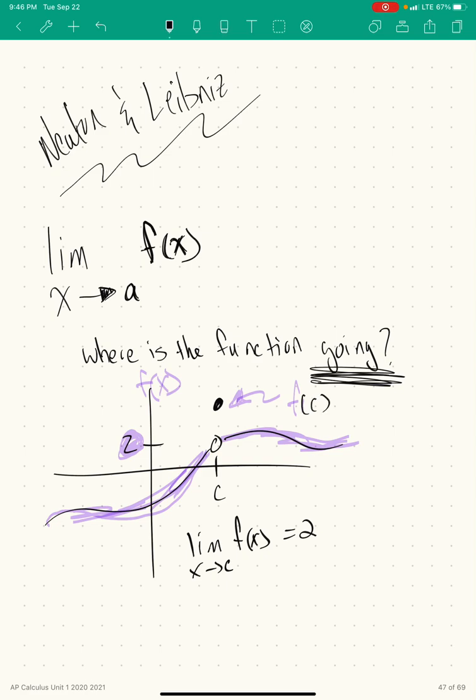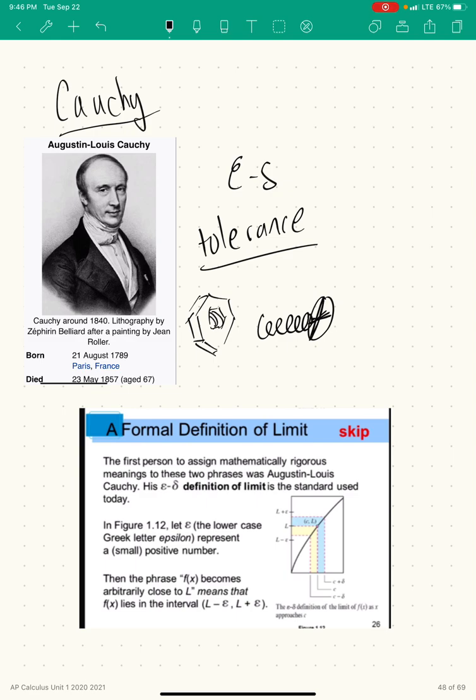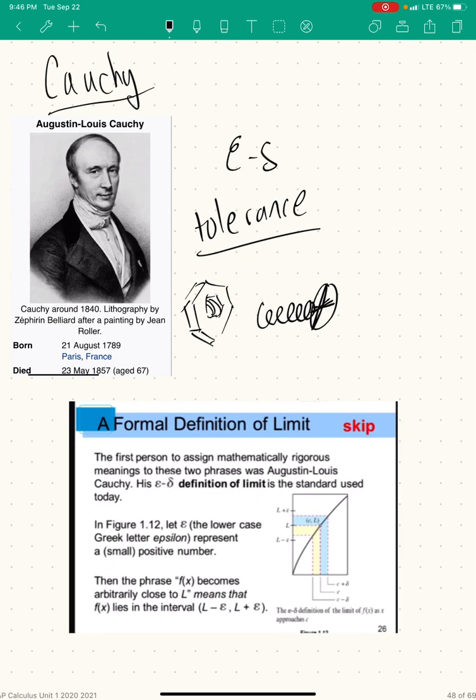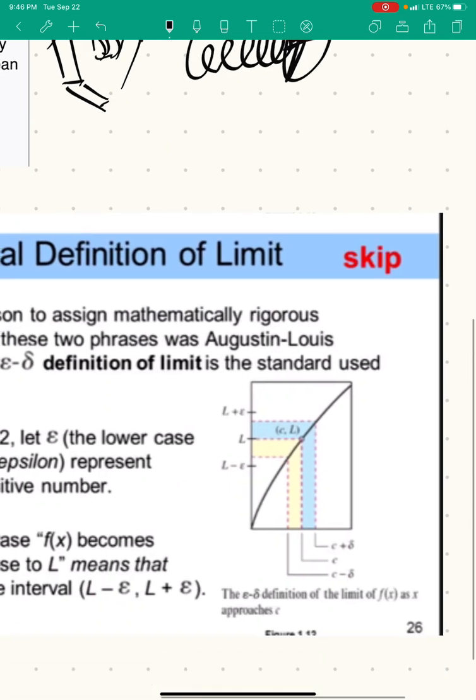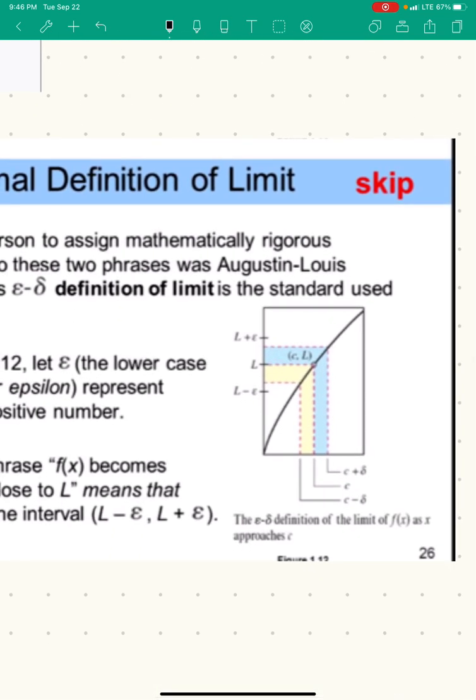So, a few years later, we're talking many years later, in the early to mid 1800s, we've got Cauchy, who formalized this definition of a limit. And in this case, he actually looked at almost like tolerance. How close are you getting to c, given that the gap could be plus or minus a value called delta. So the closer we get to c, right, the more that could affect the output as we get to L,